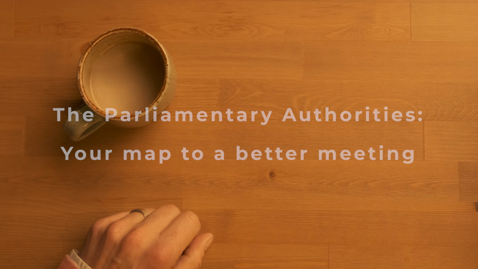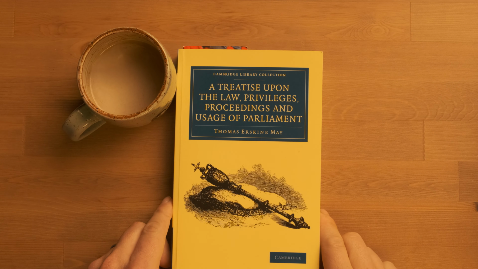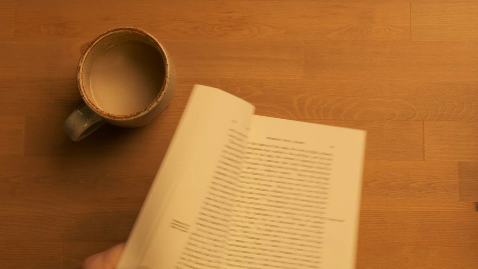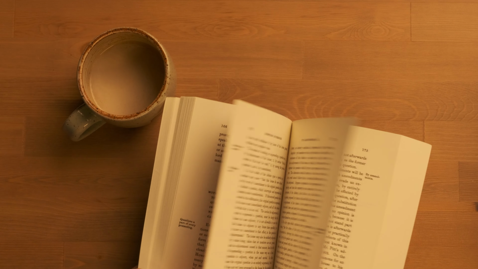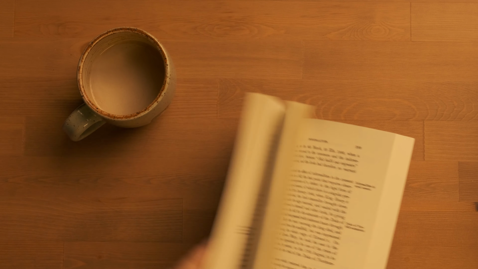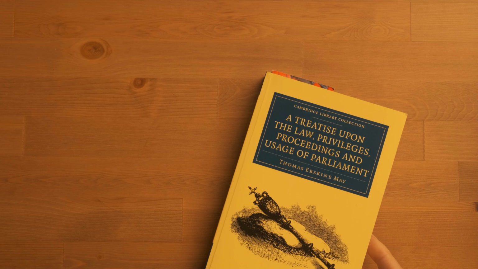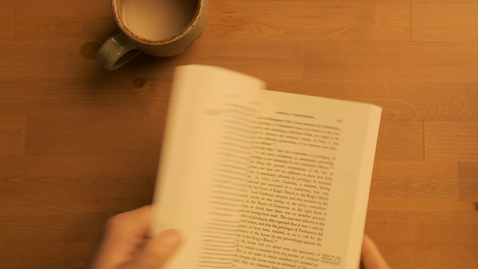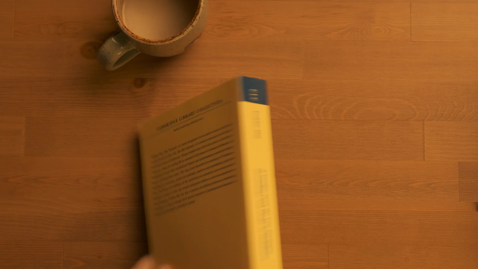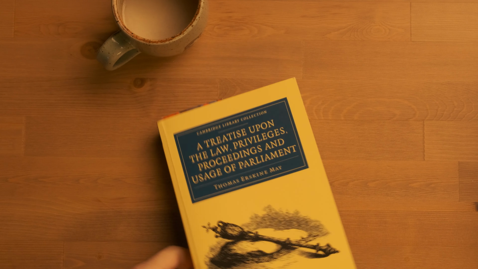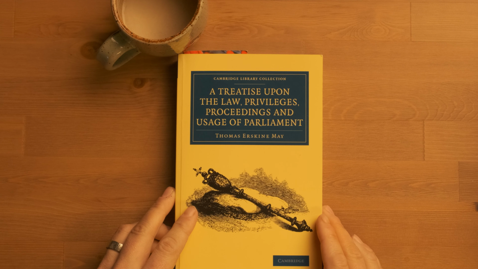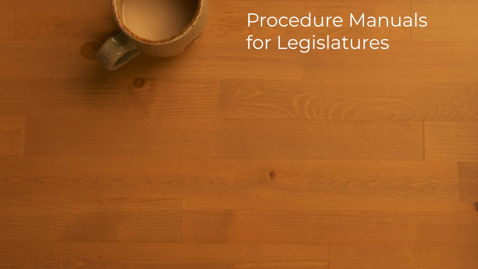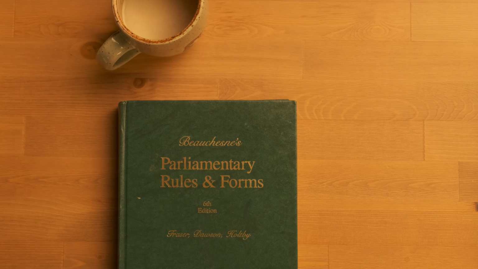Let's start with one of the grandparents, Erskine May. While it may not be the first parliamentary authority, it's still one of the earliest, and one that is regularly updated and used by the Parliament in the United Kingdom. It's very specific to the procedures of that Parliament, but it's also used as a reference by parliaments and legislatures across the globe. And in this family, you'll find the authorities that are of regular reference in London and also here in Canada, not only in Ottawa, but provincial legislatures as well. These authorities include May, Campion, Bosc and Gagnon, which is found online, Beauchesne's Parliamentary Rules and Forms, Dawson, and Bourinot's